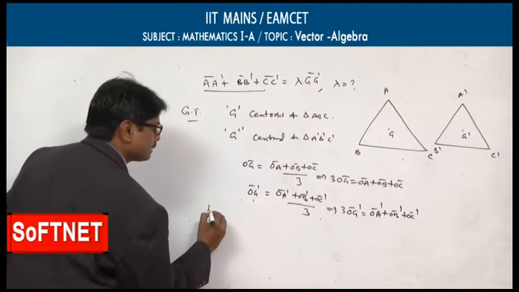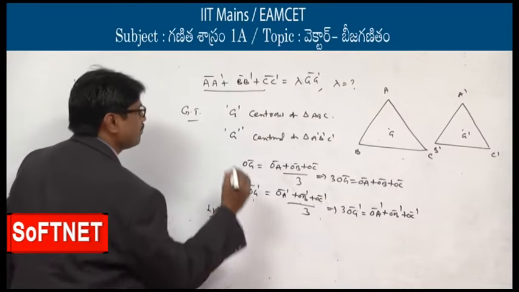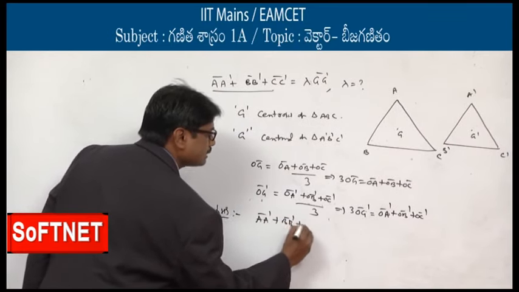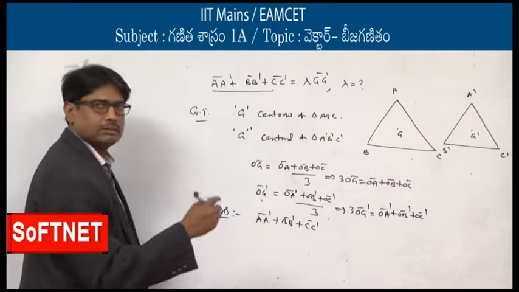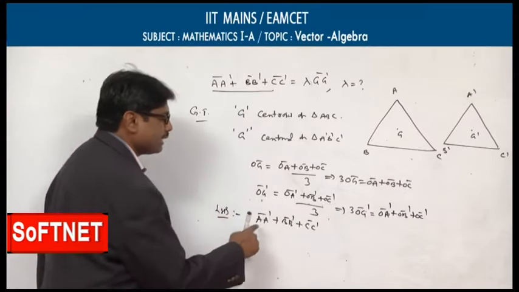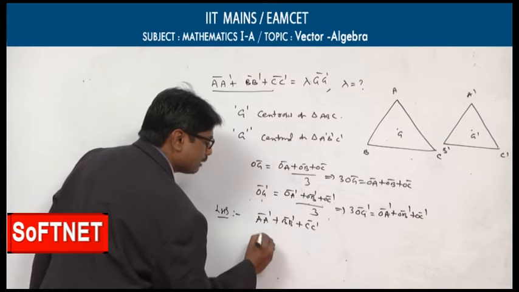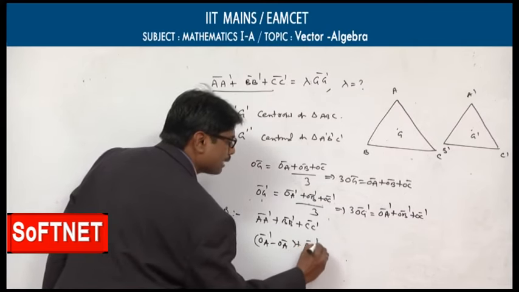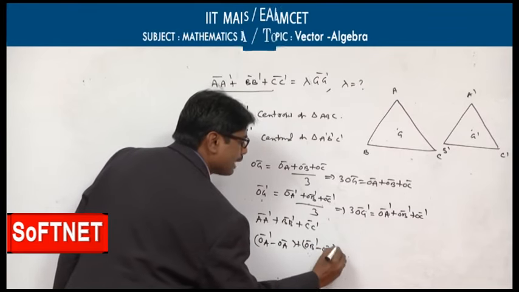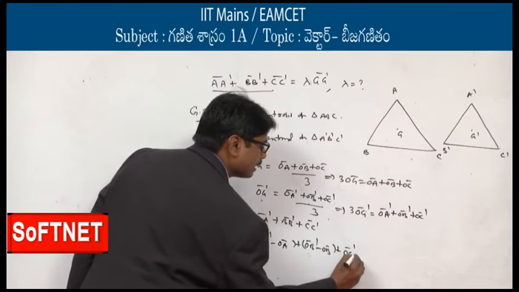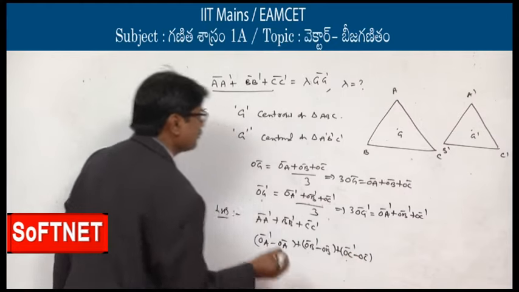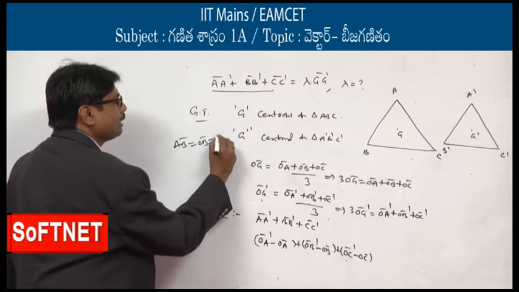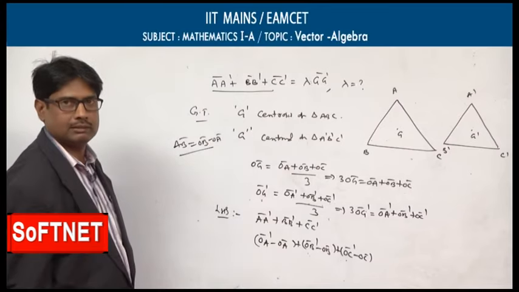Now you wanted to find lambda, express this one in the position vector. Let the left hand side be AA dash bar plus BB dash bar plus CC dash bar. Express into the position vector. That is AA dash can be written as OA dash bar minus OA bar plus OB dash bar minus OB bar plus OC dash bar minus OC bar. Just now we did position vector of AB bar is equal to OB bar minus OA bar. Earlier classes also we did many problems based on that one.